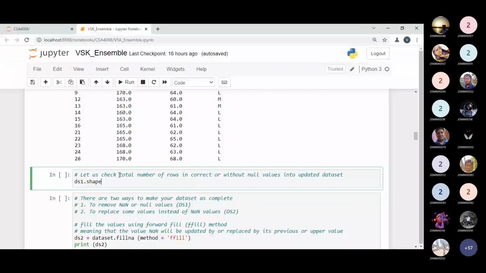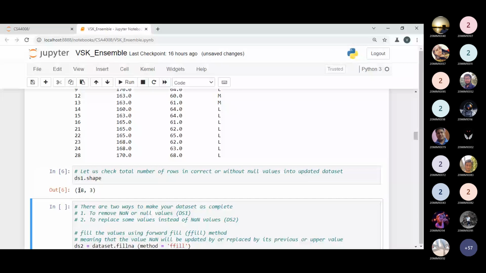So now we have a total of 18 rows, and the other 11 rows are not following. Just tell me right now, is it clear? Yes, sir.